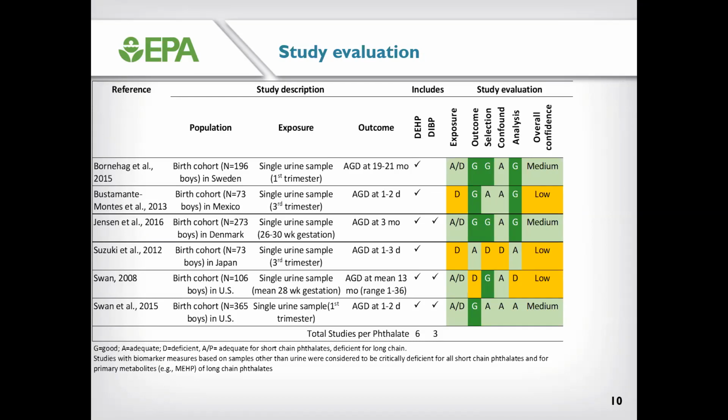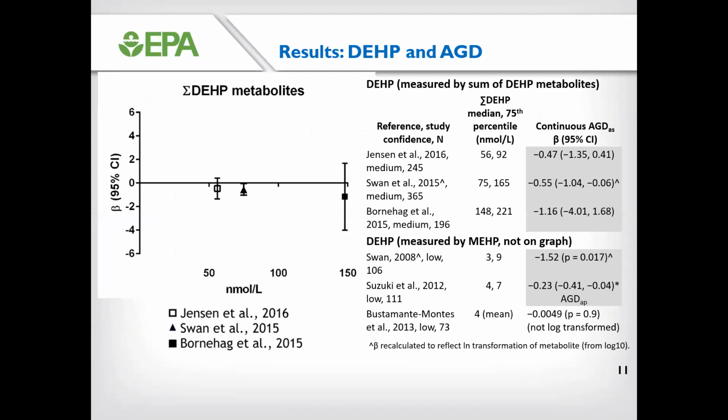So on the heat map, you can see our individual domain ratings as well as the overall confidence. And you can see that all 6 of the studies measured DEHP metabolites, 3 of them measured DIBP metabolites, 3 were considered medium confidence, and 3 were low confidence studies. Okay, next slide. So looking at DEHP, the medium confidence studies are on the figure, and all of the studies